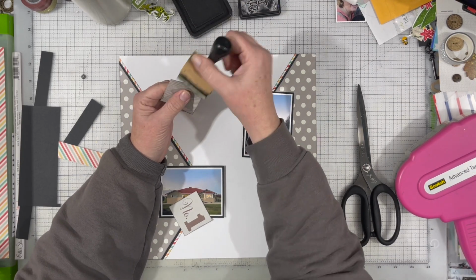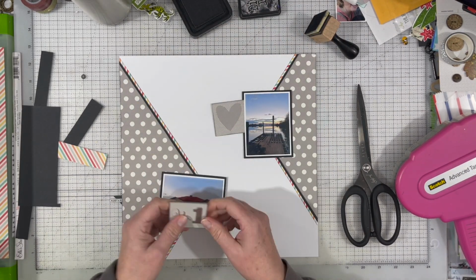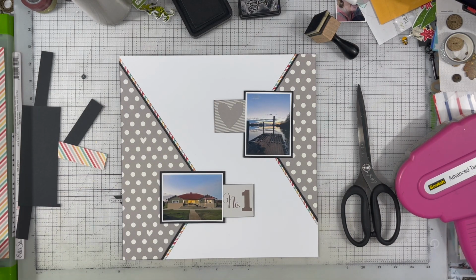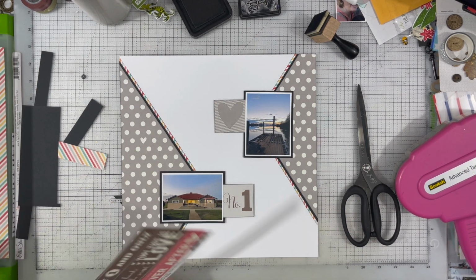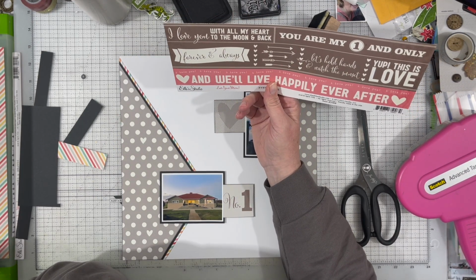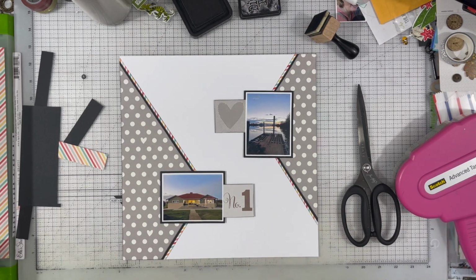So yeah, that's what I'm documenting. So go check out what everyone else is documenting, because there are a lot of people playing along today that are documenting things other than their pets and their people, and using some scrappy Valentine's type